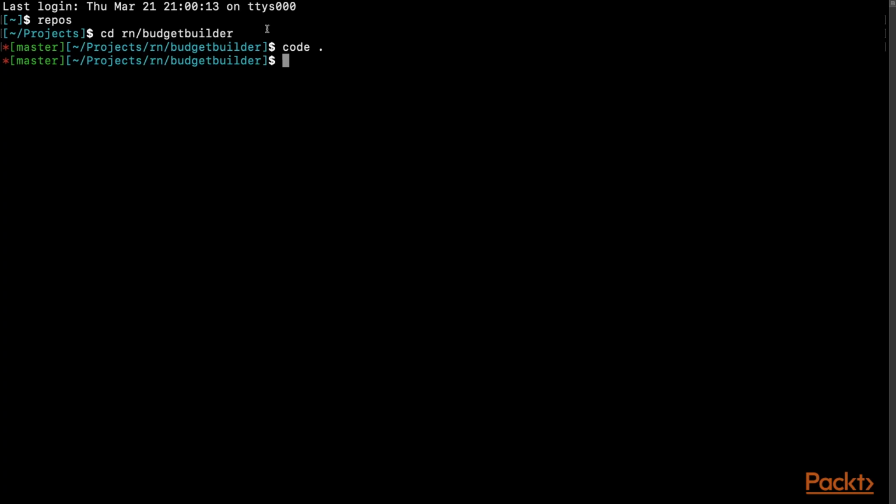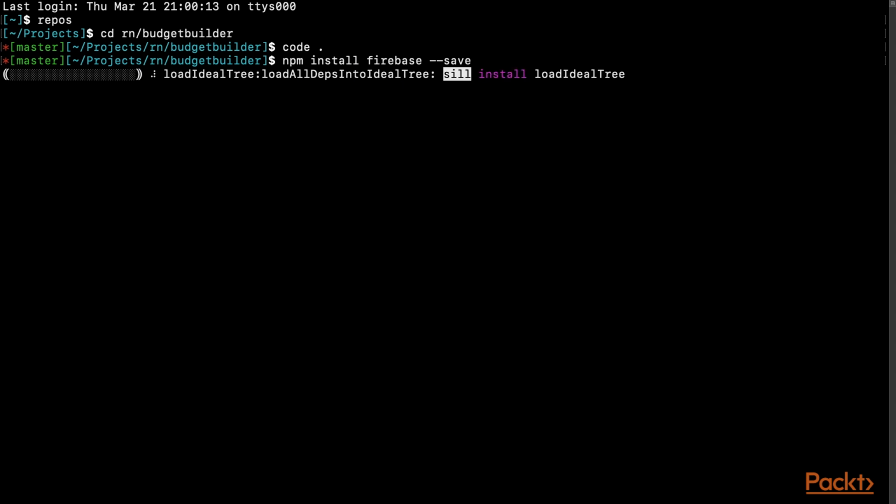Now at this point, let's head over to Terminal and install the Firebase package. The Firebase installation is very simple. All we need to do in our app's project directory is type in npm install firebase --save. Great, now that we have Firebase installed, let's head over to our code and configure the connection to our Firebase